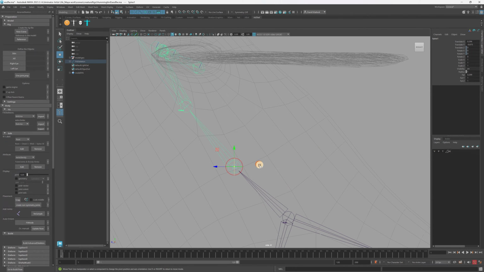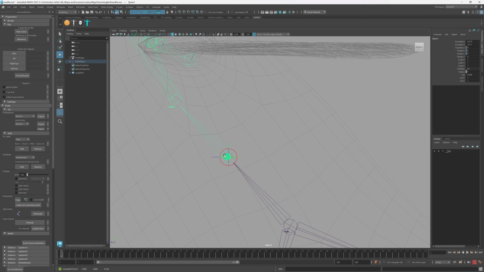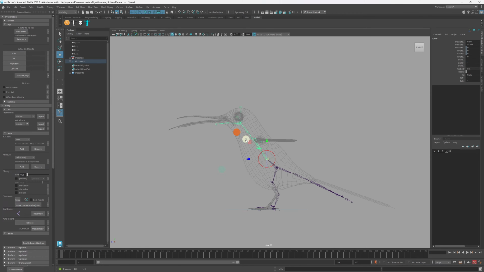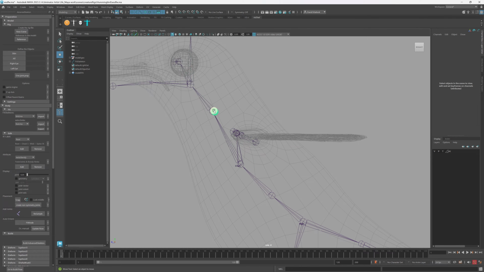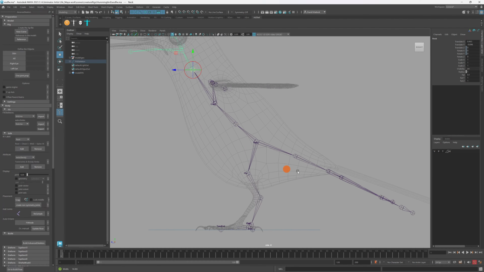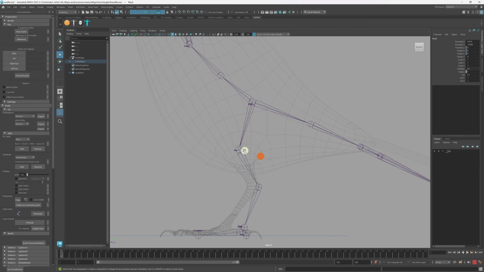Careful not to rotate it. See what I accidentally did there? I was rotating it instead. So just move that into place. And now, let's move the chest over here a bit, and the neck over here. So now I'm moving them all together. So I'll hit the D key again, move this, and it is quite quick after you've done it a few times. Now the hip, we want sort of